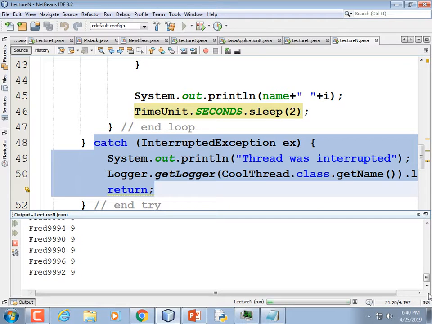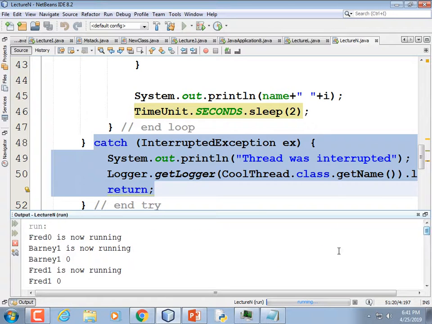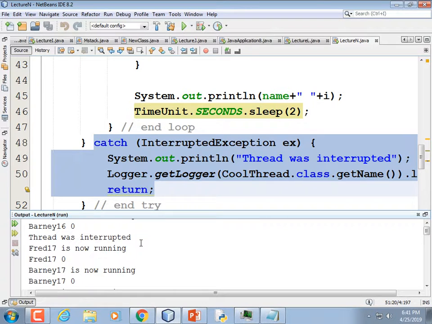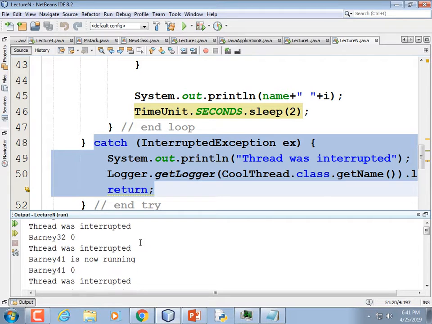And so half of our threads, all the thread threads, are getting to run on their merry way, even though the other ones, all the Barney threads, either quit gracefully or they generate an exception. That's another cool thing about multi-threaded processes. If you get an exception on one, it doesn't have to kill the whole program. You see here? Thread was interrupted, thread was interrupted, thread was interrupted, and then eventually we get to the point where, right,